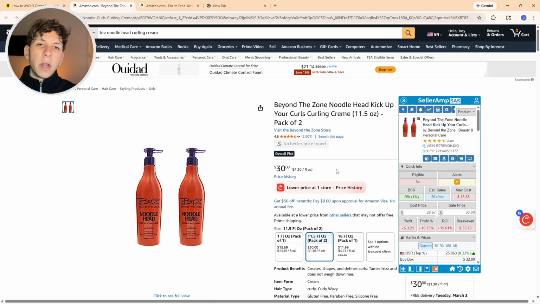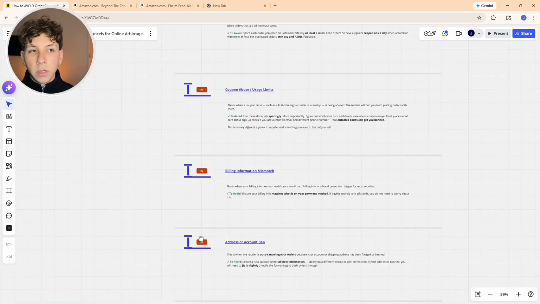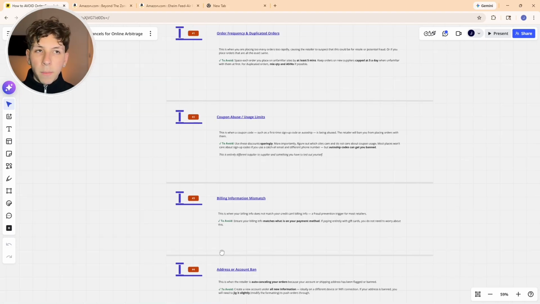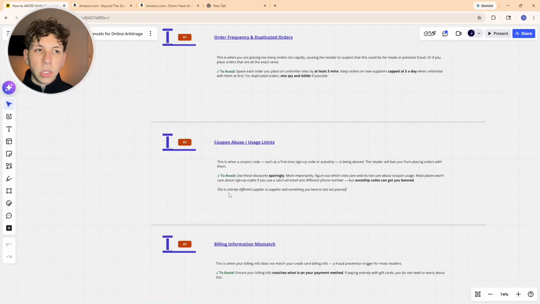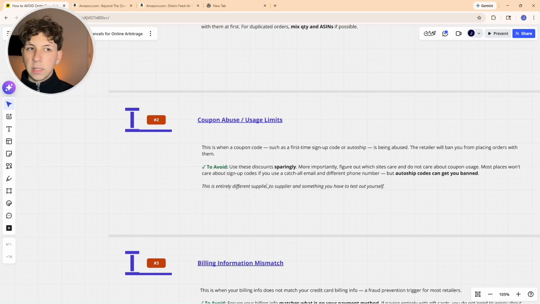Okay, we want to try and avoid getting to that point because you obviously want to keep as many bridges unburned as possible, but some places really don't care, and even with all of these fixes, they will eventually get to you. But the best way to avoid a Sally Beauty situation like this is going to be to just be gentle and be careful with your order frequency and your duplicated orders,